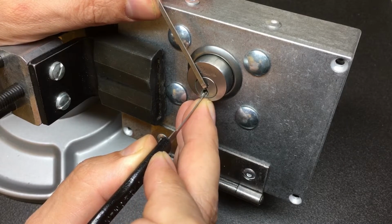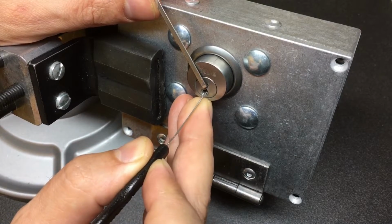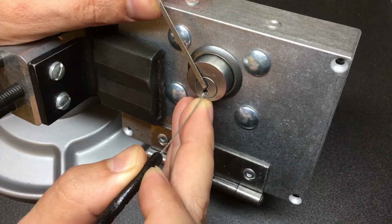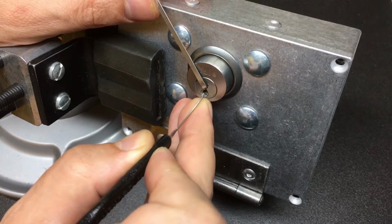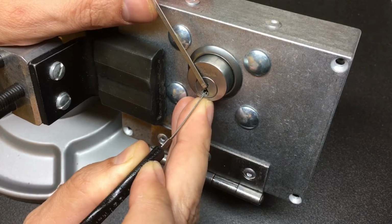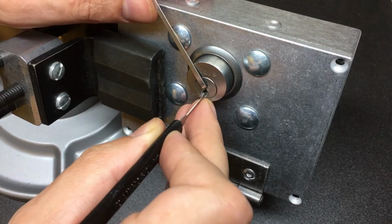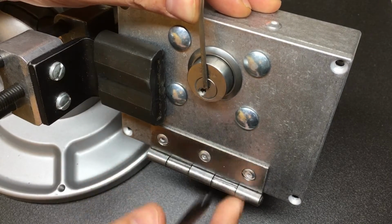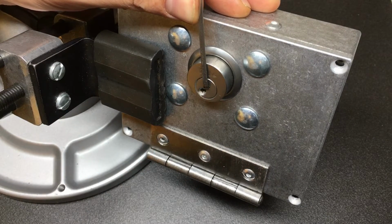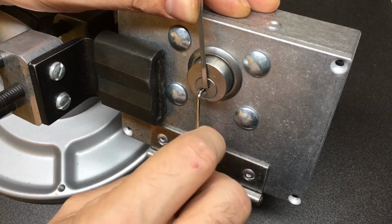That's a click on, I'm guessing 4, is it 4? Yeah, that's 4. Let's find 3, nothing on 3 yet. A click on 2, back to the back. Nothing on 4. Something on 3 there, maybe overset. Oh no, I did overset it, but just by releasing that tension, I think that's an open. Let me get something a bit stronger in there because it's a very powerful spring,